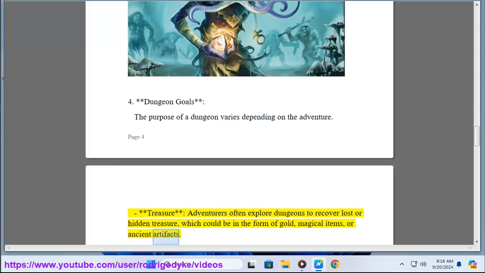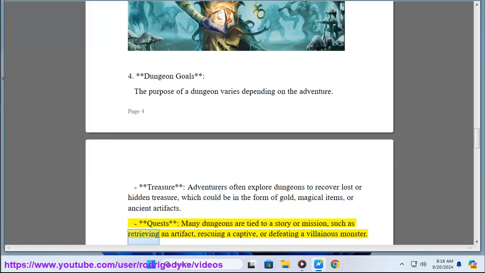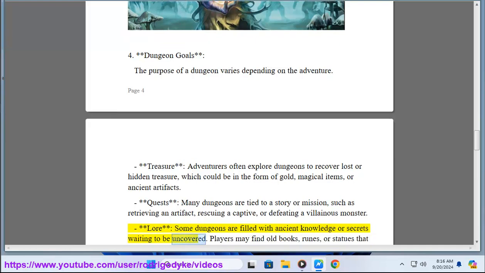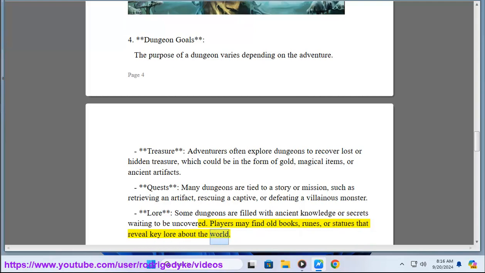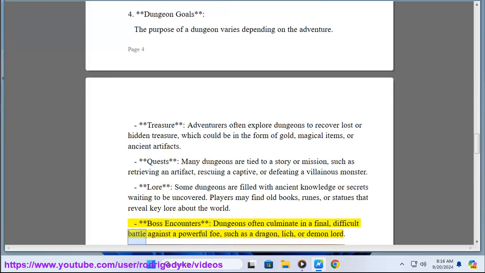items, or ancient artifacts. Quests. Many dungeons are tied to a story or mission, such as retrieving an artifact, rescuing a captive, or defeating a villainous monster. Lore. Some dungeons are filled with ancient knowledge or secrets waiting to be uncovered. Players may find old books, runes, or statues that reveal key lore about the world. Boss encounters. Dungeons often culminate in a final, difficult battle against a powerful foe, such as a dragon, lich, or